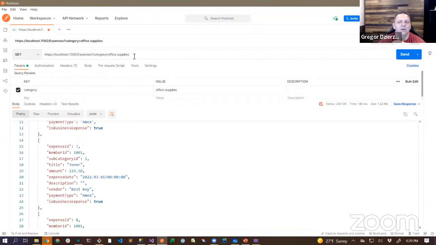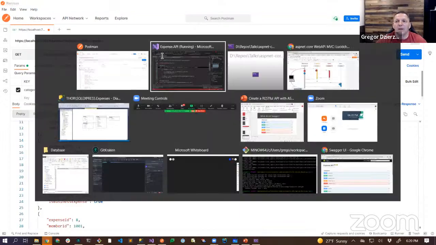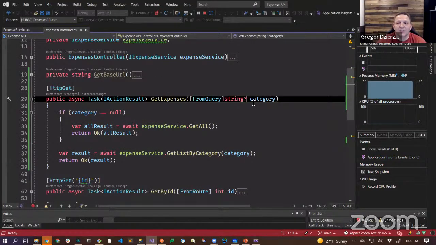Now, what if I want to filter either by category or by member ID or title or the amount? Maybe I want to filter what dates they are. As you can imagine, it starts to get to the point where I've got a lot of different if-then statements inside of here just to deal with all those things. And the other thing is we talked about, we want to be able to add paging into our service